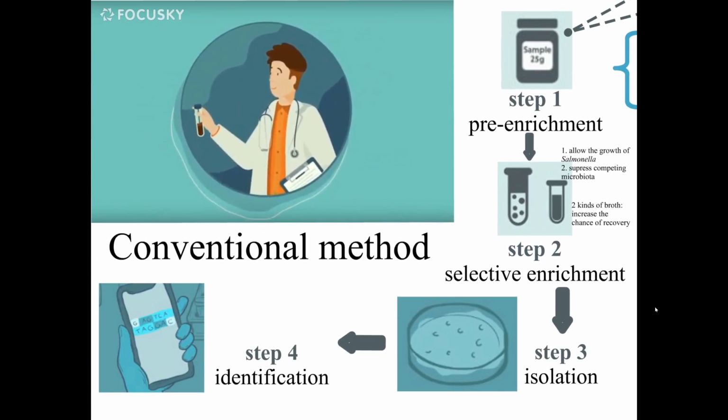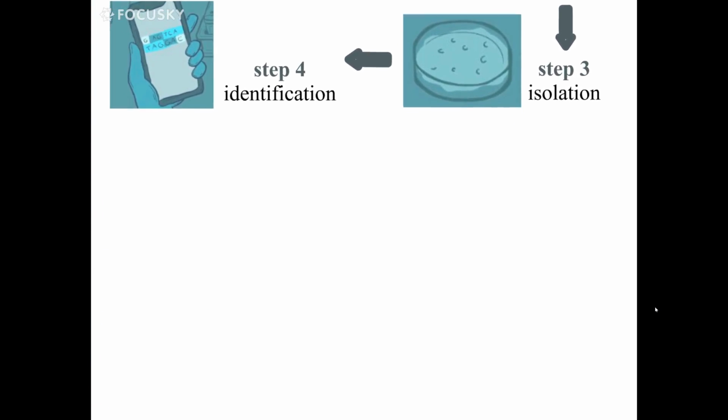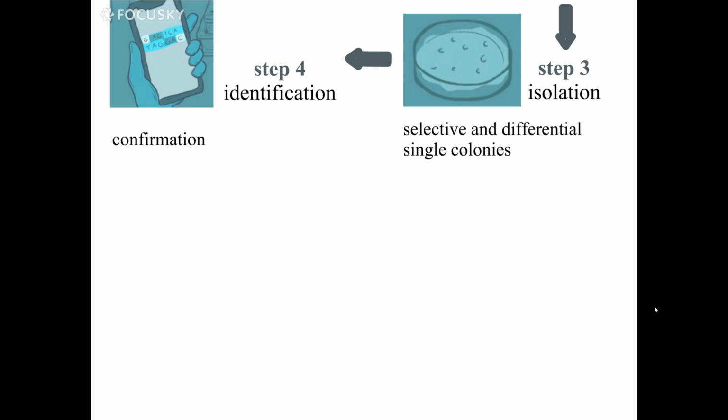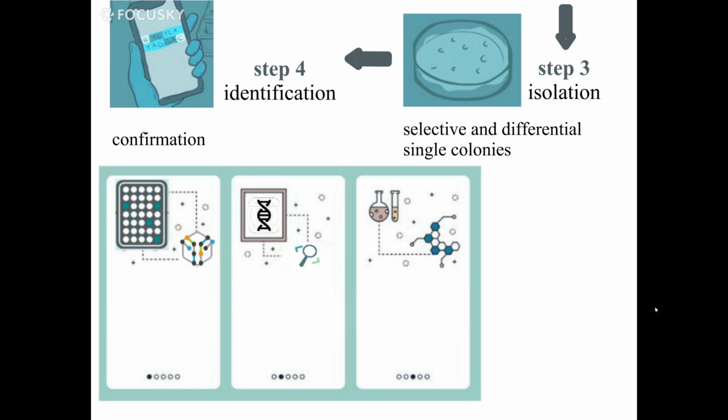The purpose of isolation is to obtain single colonies on selective and differential agar plates. Whether the presumptive single colonies obtained from isolation step is the targeted pathogen will be confirmed through identifications. Identification steps could include serological tests such as anti-Salmonella antigen, molecular-based tests such as 16S rRNA tests, or biochemical tests